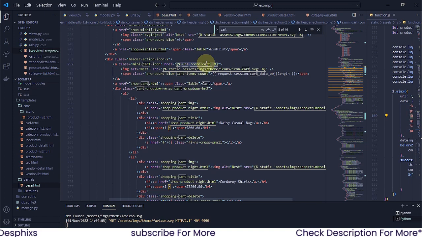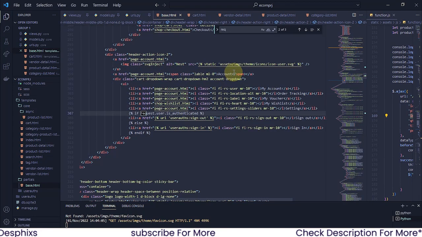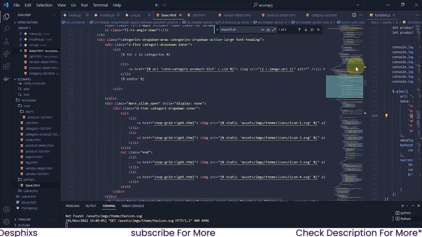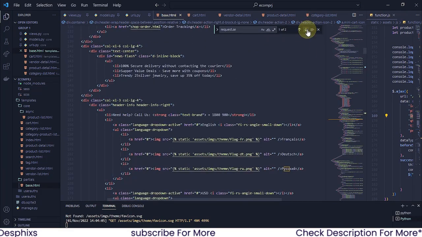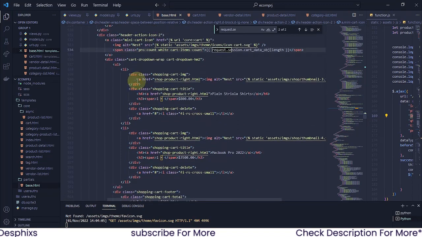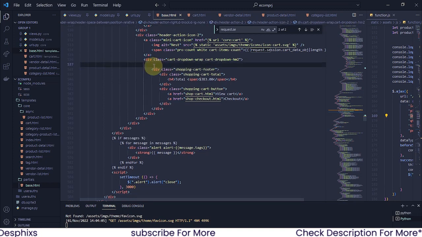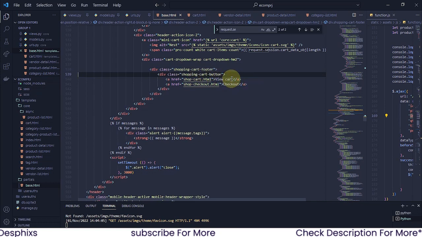I'm gonna copy that, and another thing that I want to look for is request.session, this one. Yeah, so I'm gonna get rid of this, and I'm gonna paste it down there. Okay, real cool. And I want to look for this request.session thing again, this first one at the top, and I want to get rid of those products that we got down here. I don't think I need those products, so I'm gonna get down here and get rid of this product, and also this price. I'm gonna get rid of the price. What we're gonna stick with is just the checkout, okay, and also view carts. And I'm gonna put the URL thing